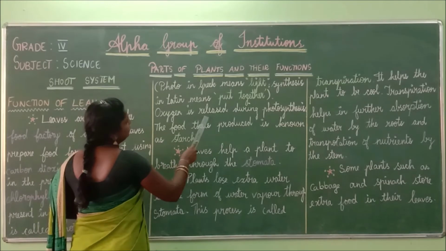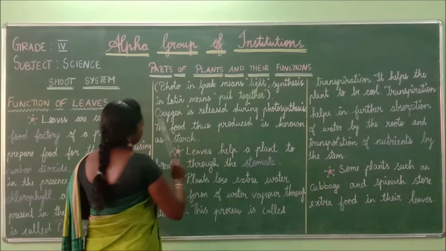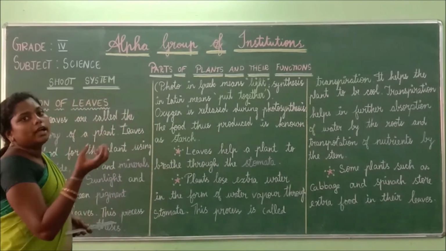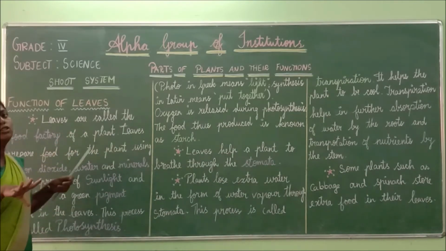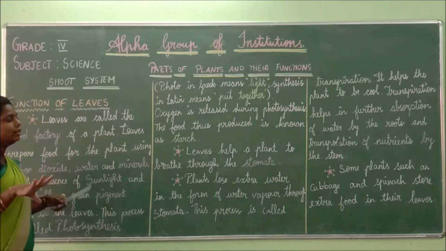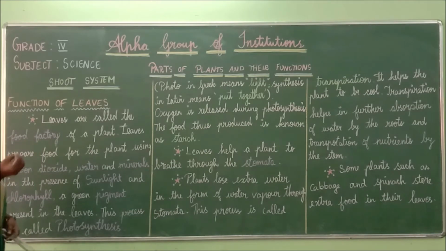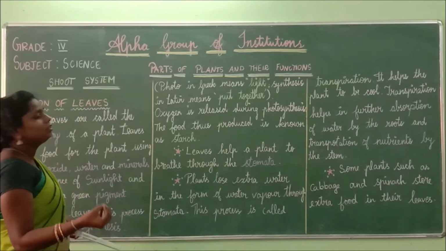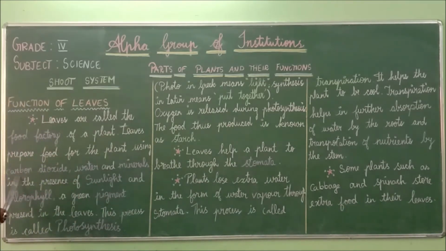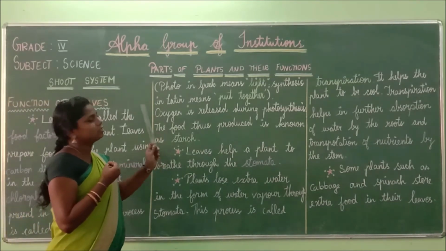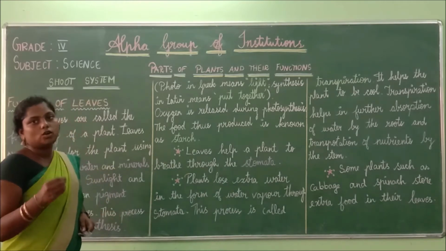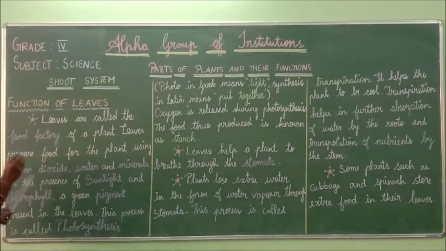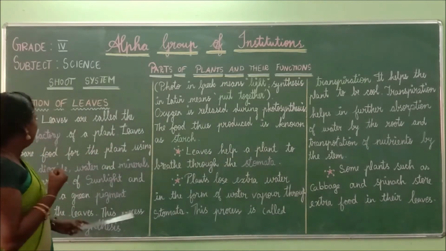Oxygen is released during photosynthesis. While the air is combined with all the gases, when the leaf is going to breathe, it will take all the gases and use carbon dioxide and release oxygen. It only needs carbon dioxide but not oxygen. So it will inhale carbon dioxide and exhale oxygen.